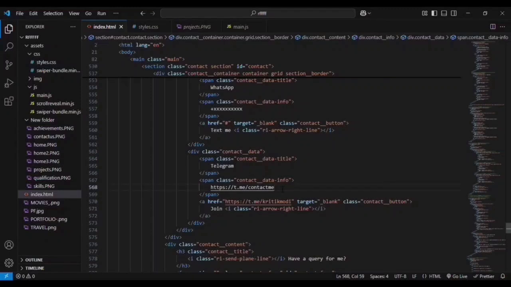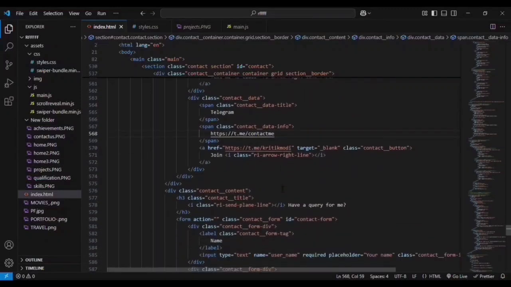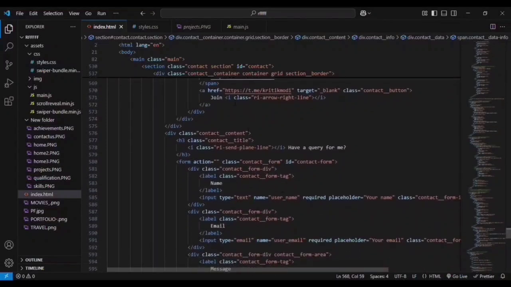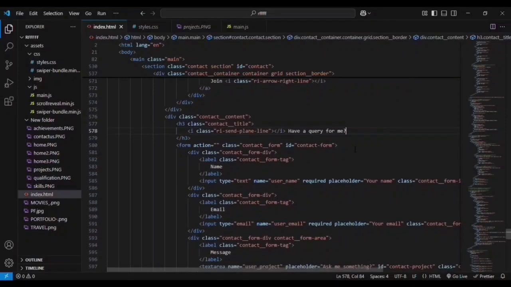Inside this we have added, copied exactly. Then we have another div that is the contact content. Then we have an h element that has a unique ID that I use for the heading tag, and we have also added a send plane icon to it by using the i tag. Then the form